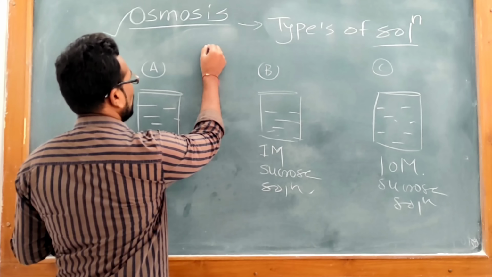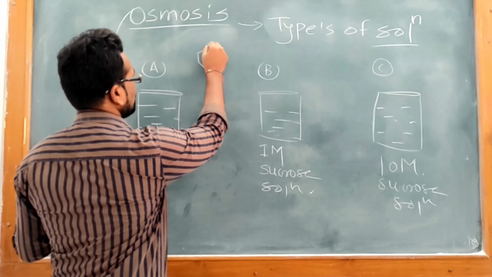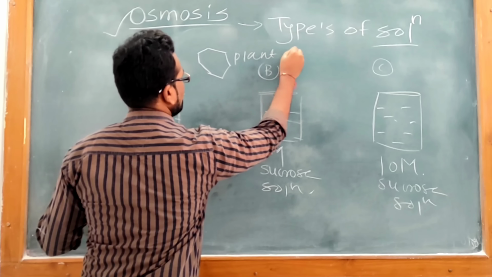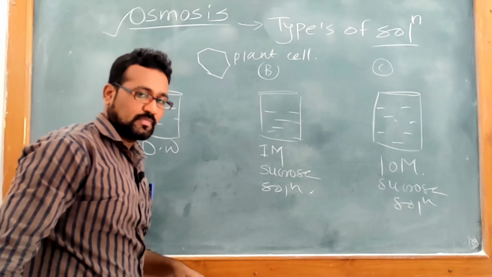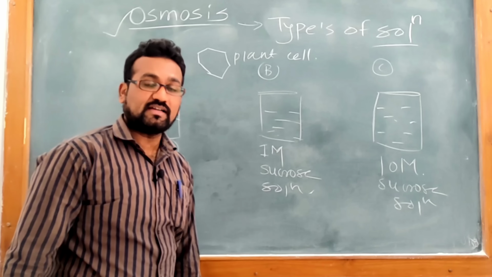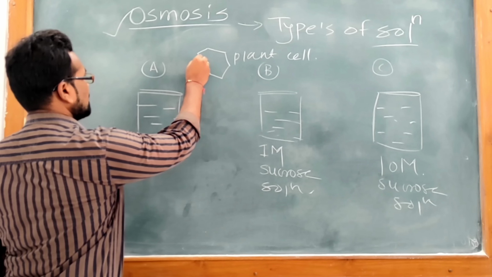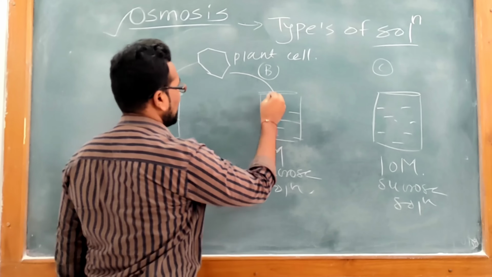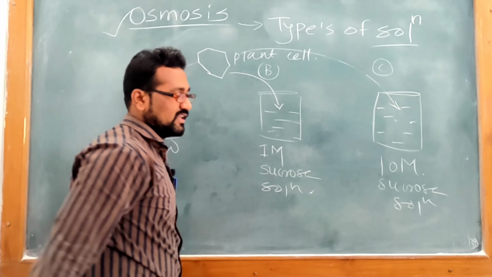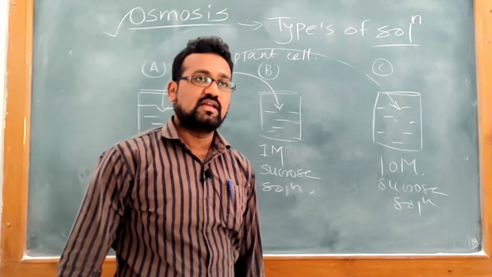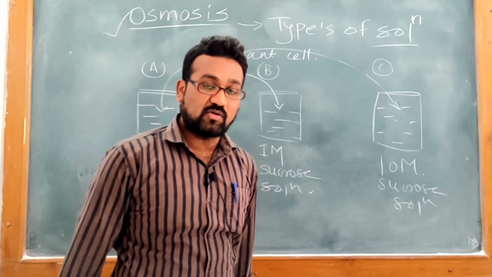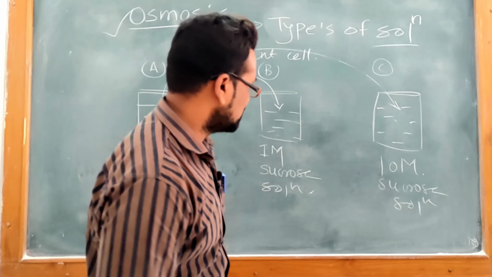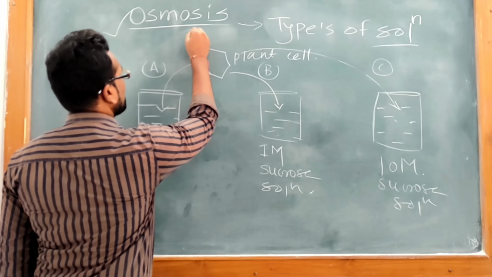If we have one plant cell, if you are putting this plant cell in a different solution, if you have 3 plant cells, you can place these 3 plant cells in 3 different solutions. You can wait for 24 hours. After 24 hours you have to do some observations.